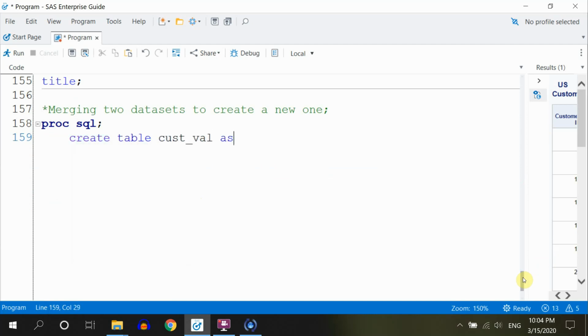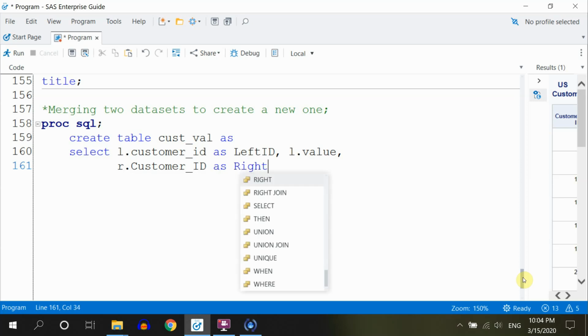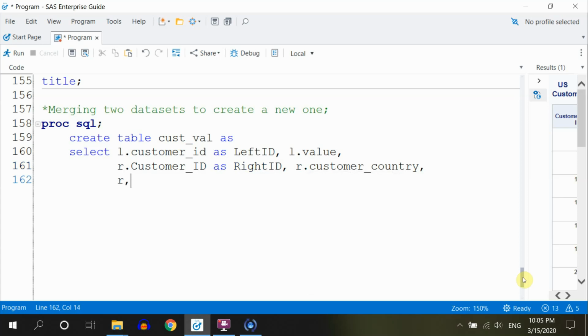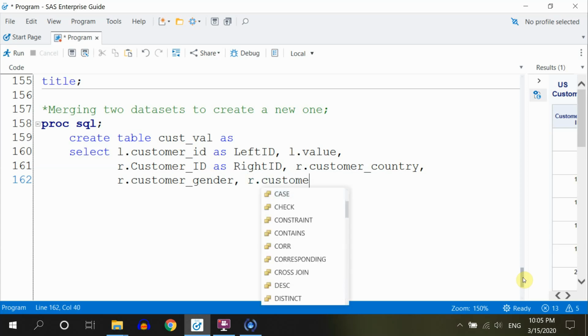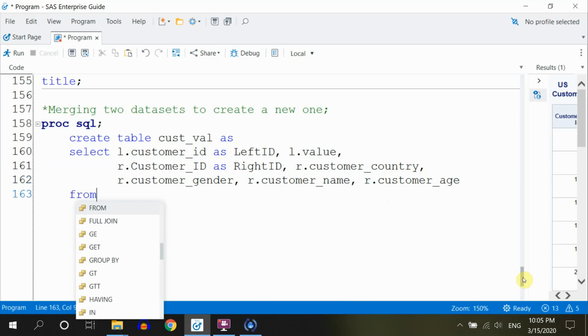Let's call it cust_val as select, and we're going to select a few things. customer_ID as left ID, L.value, comma, then our customer ID as right ID, comma, our customer country, comma, our customer gender, comma, r.customer_name, comma, r.customer_age, from val